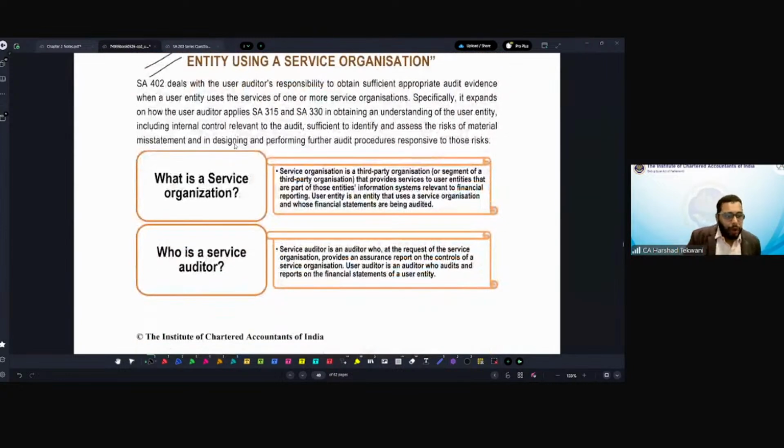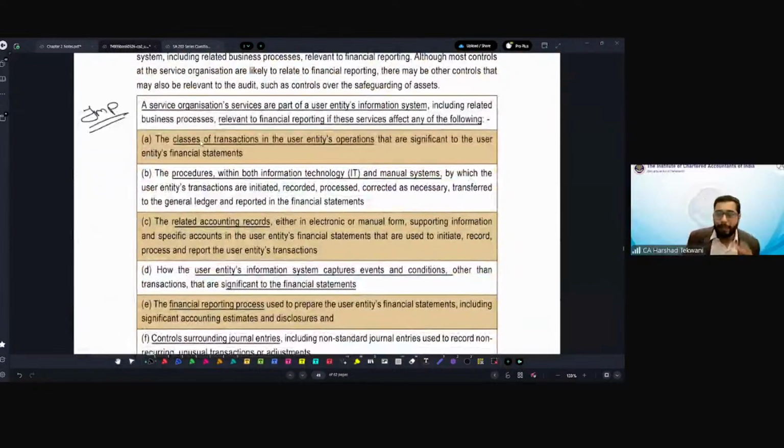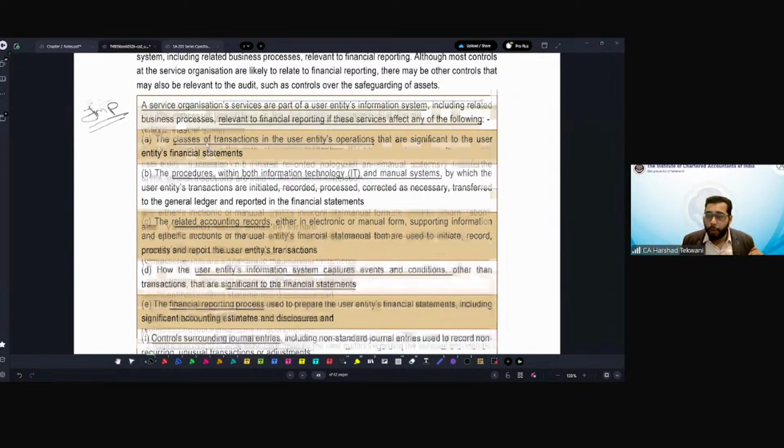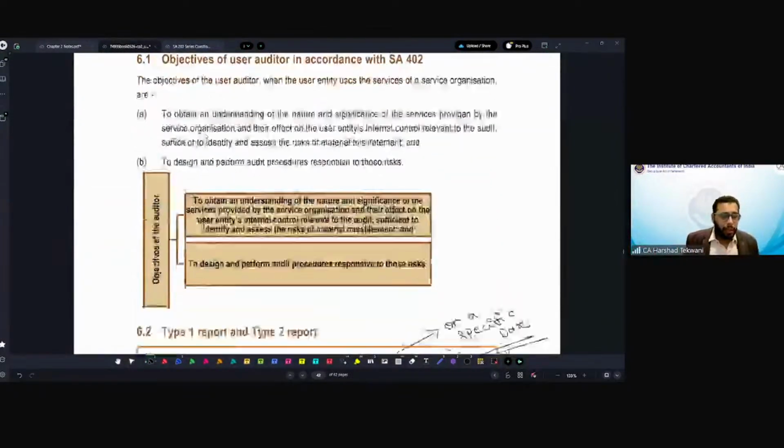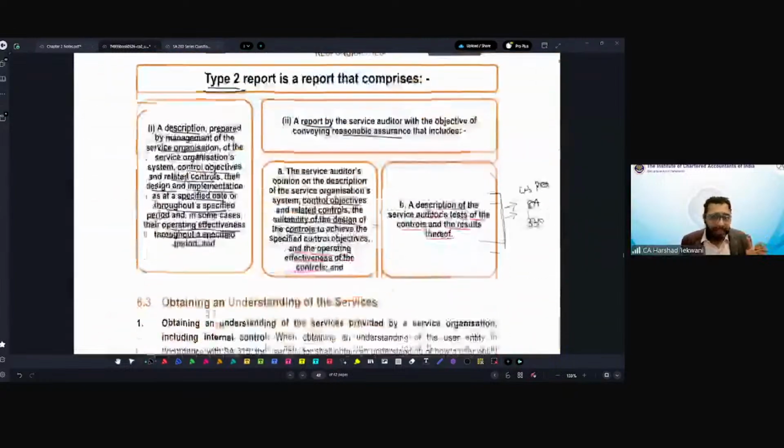Then you have descriptions of what is a service organization and what is a service auditor. We have a very important table showing how the processes of the service organization impact the user entities' records, and we conclude that they are impacting the financial statements. Very important point. Again, the objectives, and type 1 information about the type 1 report we already discussed,